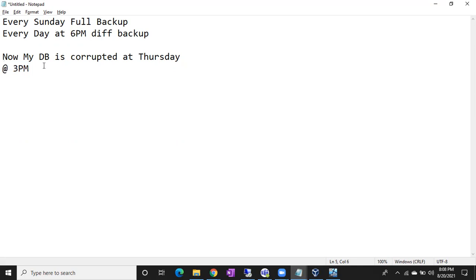My next question is how many backups I have to use to restore the database? How many full backups I have to use? How many differential backups I have to use? One full backup, sir, and one differential backup. Okay. Any other answers? How many backups I have to use to restore the database till Wednesday by 6 p.m.? Just I need some count. That's it. How many backups I can use?